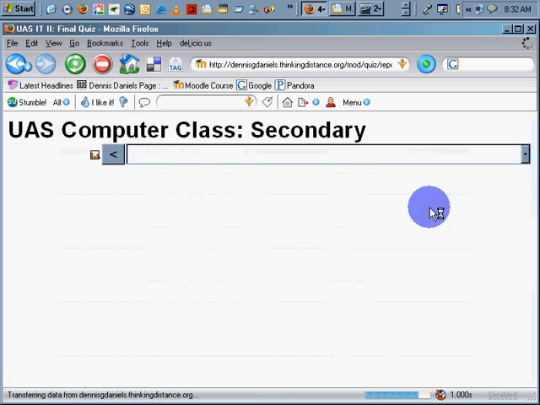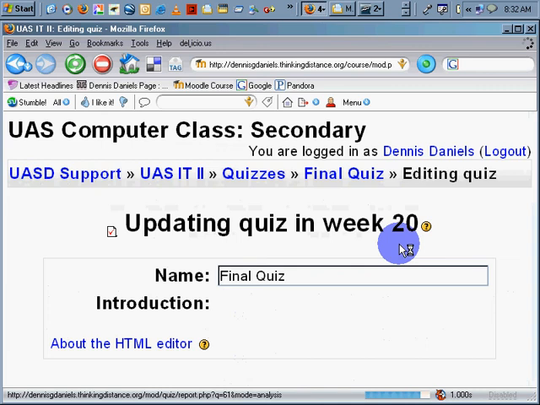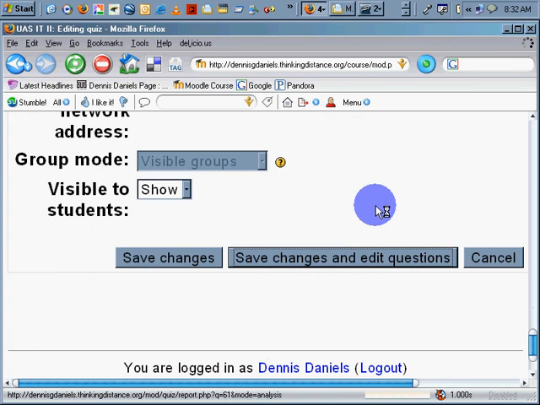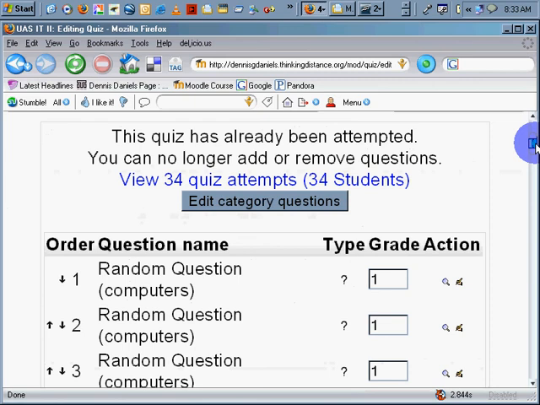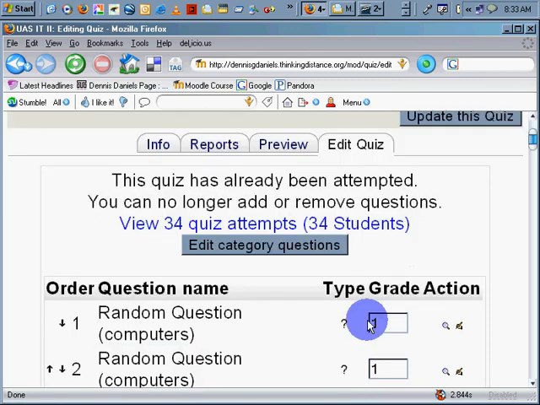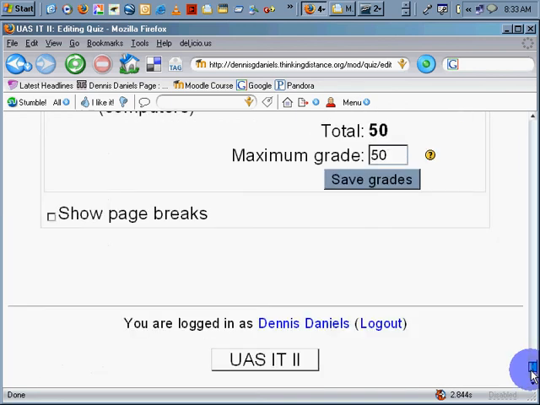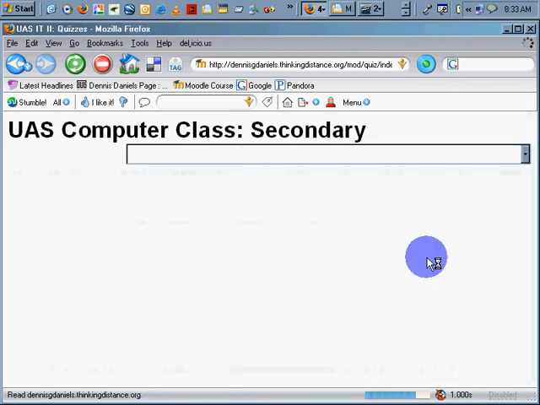Let's take a look at this. I'll show you what I mean. When I go to update this quiz, there's no place for us as teachers to save changes and edit questions. Watch this. There's a place for us to search, edit category questions, edit quiz info, reports. I made a random question. You can no longer add or remove questions. Well, that's fine. Let's go and edit some category, edit questions. There's no place for me to search